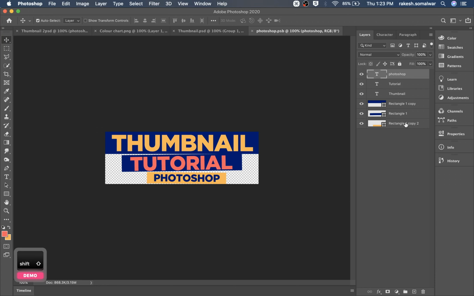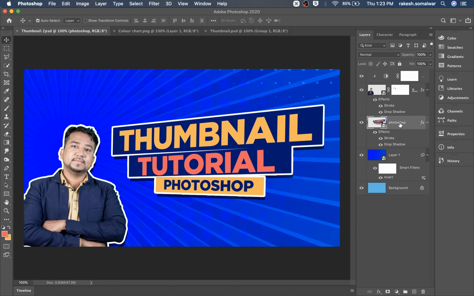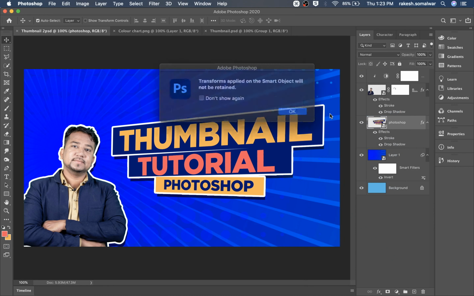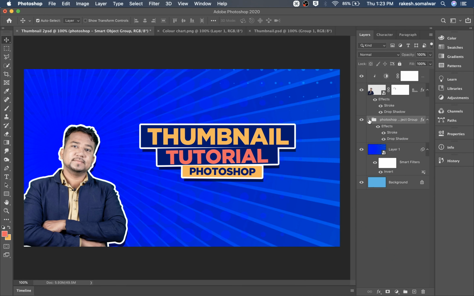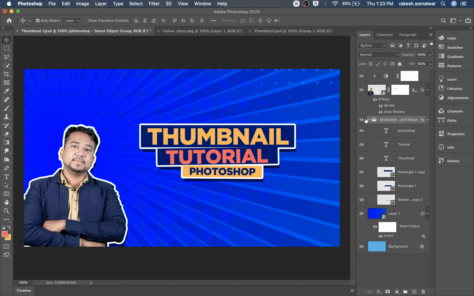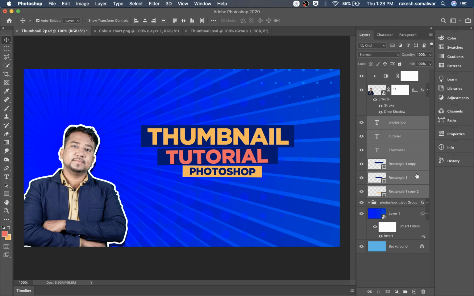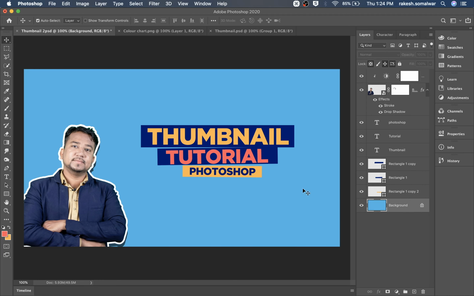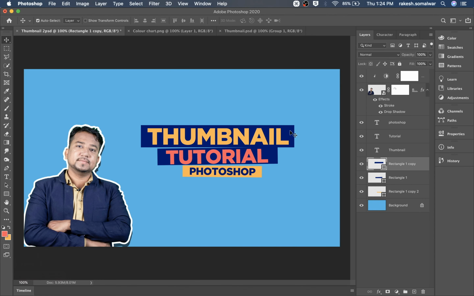You can click and drag all these layers into the same file, or you can right click on the smart object and go to Convert to Layers. This way your whole smart object becomes individual layers. Just take the layers outside the folder and delete that folder, because we give a different effect to this unit. Delete that abstract layer and copy that shape layer.